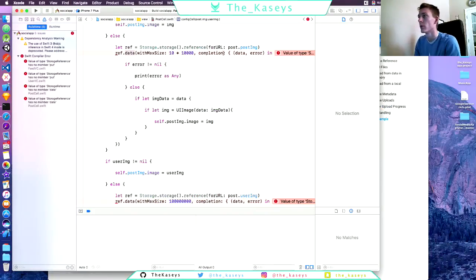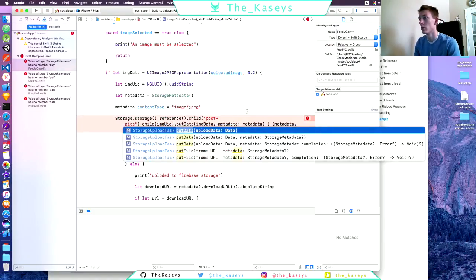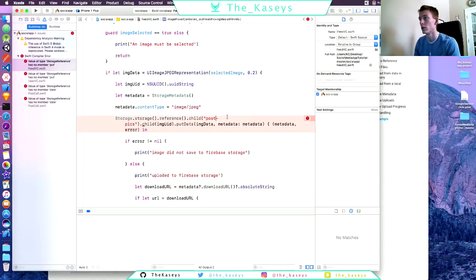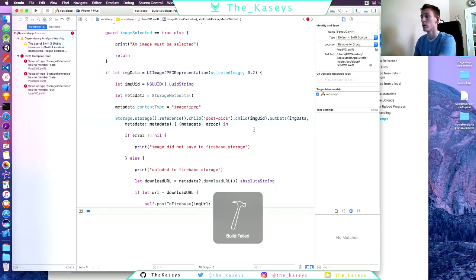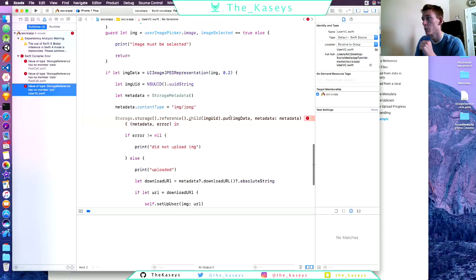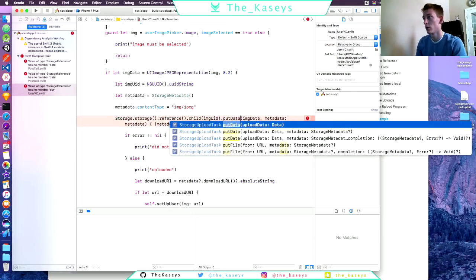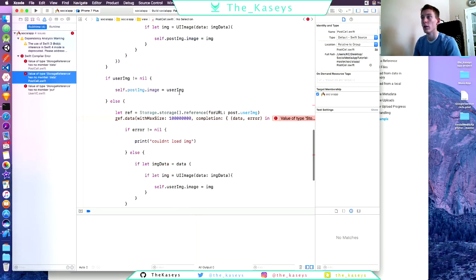Let's see. PutData. Where's that? Yeah, putData. Okay, and then putData. Okay, so we fix those two, and then